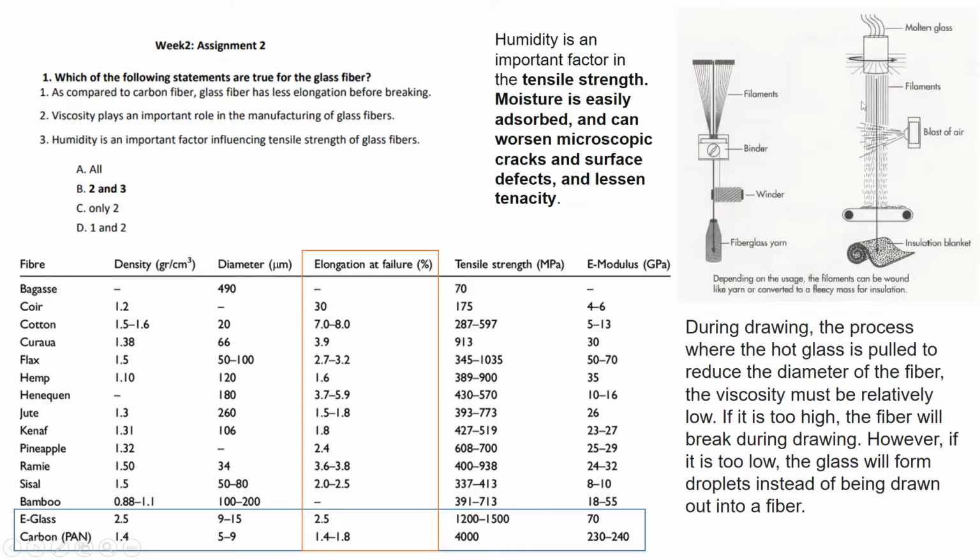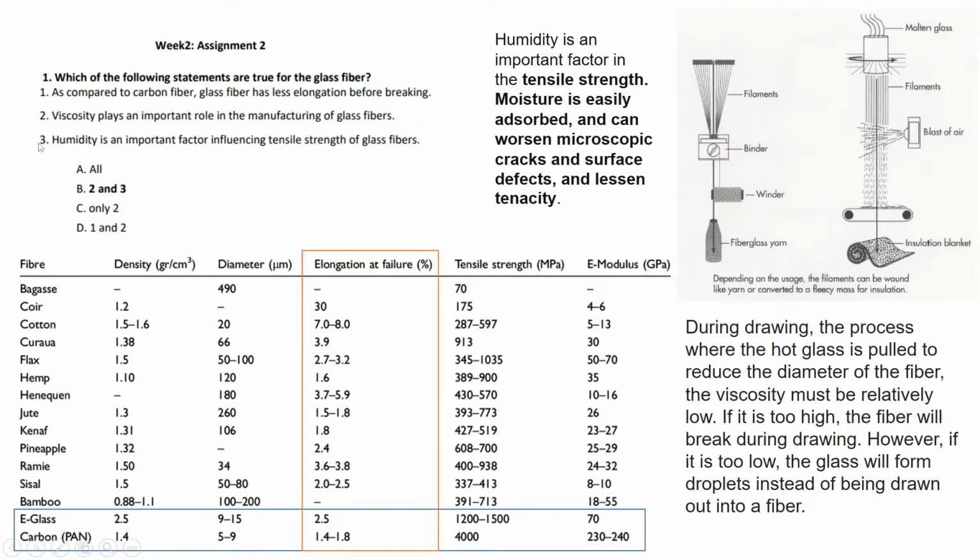If the viscosity is very high, then the fiber will break in between. But if the viscosity is quite low, it will flow very easily, because viscosity is the resistance of a fluid when it's flowing. So if it's very low, there would be a lot of small droplets forming instead of long fibers, and if the viscosity is very high, the fibers will simply break and there would not be continuous fibers which could serve our purpose of making glass fibers. So that's why viscosity plays a very important role when we are trying to melt glass and manufacture these glass fibers.